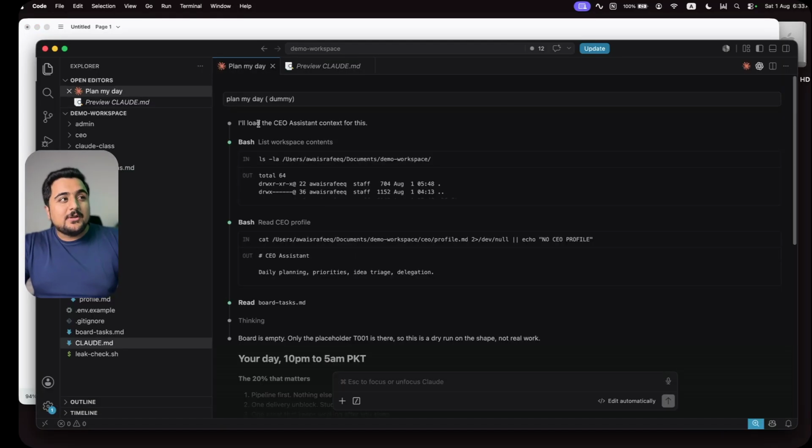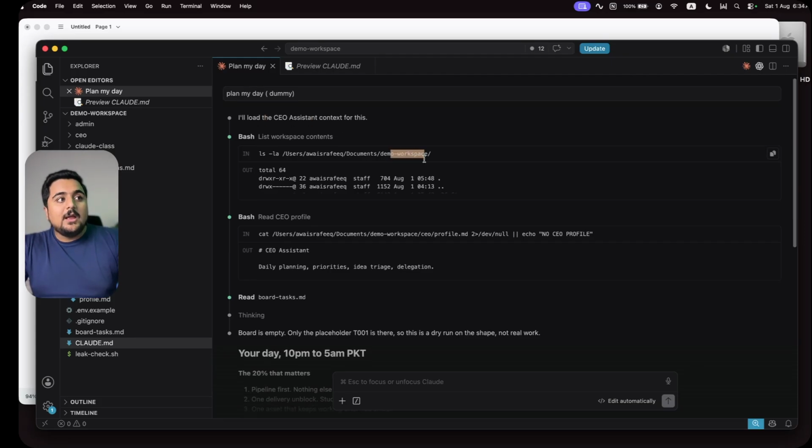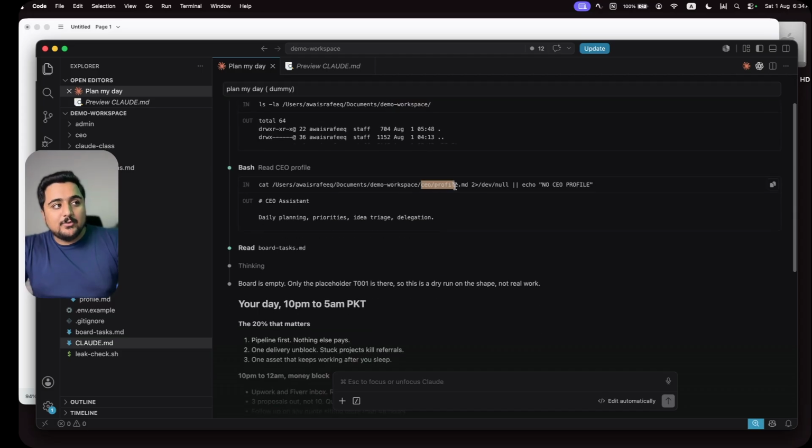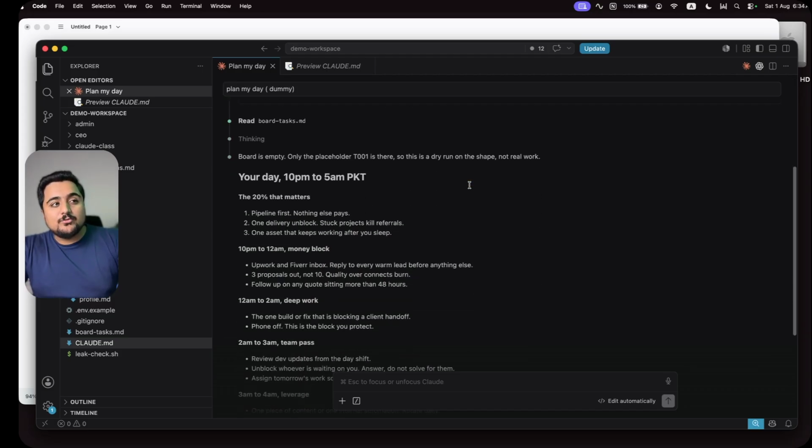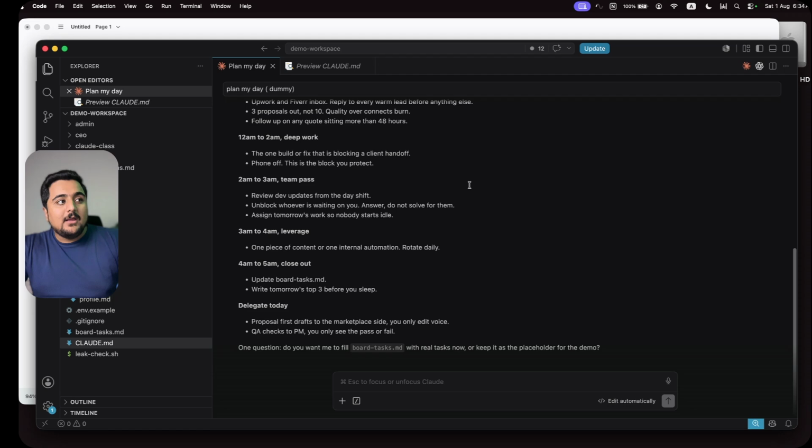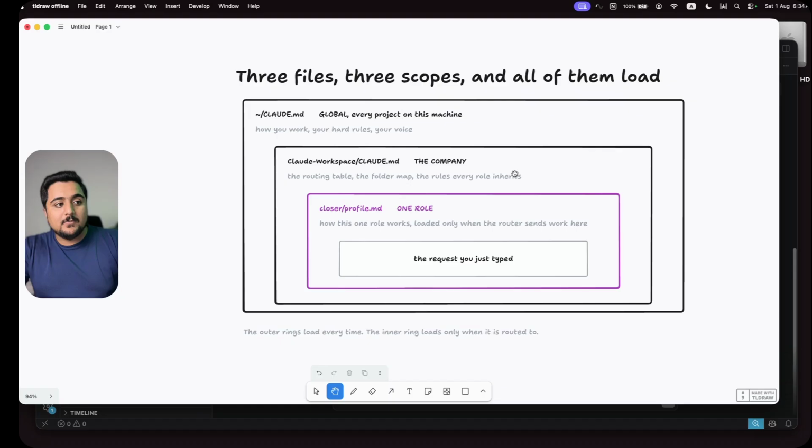In this scenario, when I asked it to plan my day, it said okay, it is planning the day for the CEO and where it has to go here in the demo workspace. After that it went to CEO profile.md and then it brought all of these tasks from there, board tasks md.